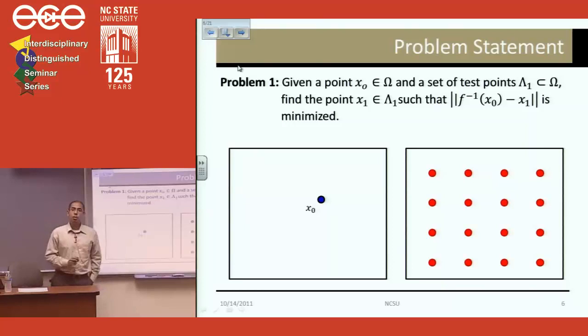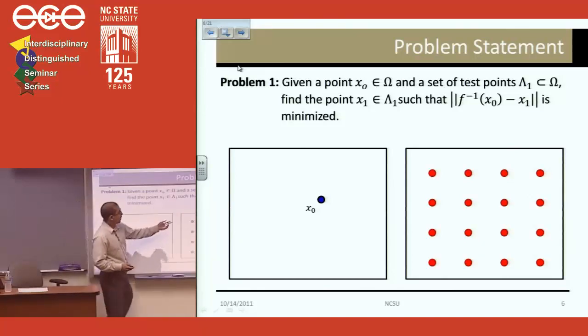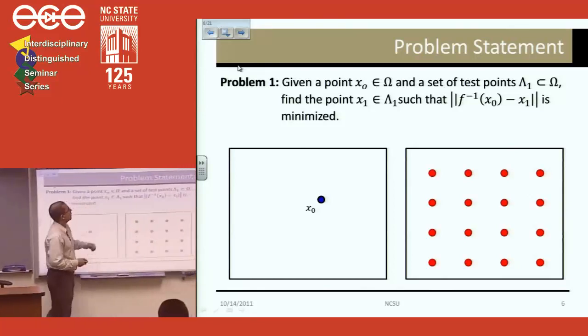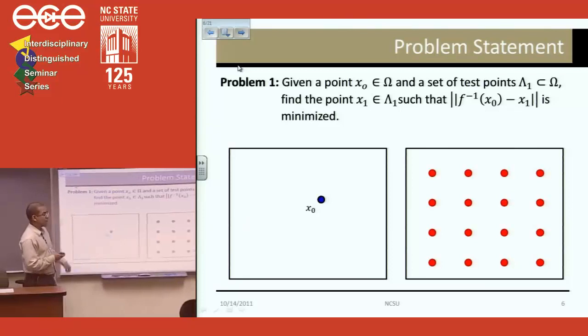Okay, so let's be more precise in terms of the problems that we're going to try to solve. Problem number 1 is going to be the following. We're going to assume that we're given a point, x of 0, in image 0. And then we're going to be given a set of points in image 1. So that's what I'm calling lambda 1. And then based on that, what I want to be able to find